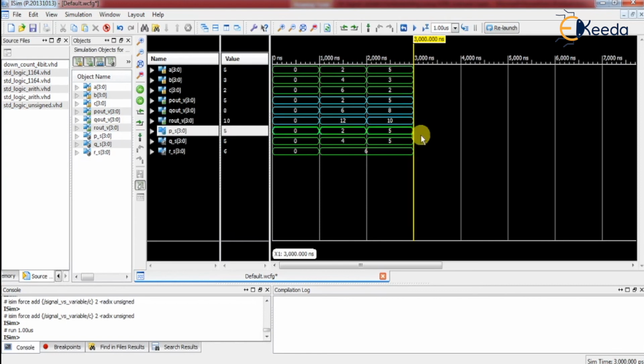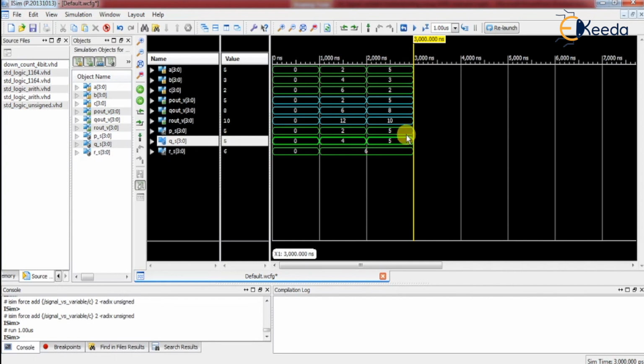Now come back here. Now p signal is equal to a. Yes, it takes the present value of a. Then q signal is equal to p signal plus b. So you may think that here p signal's value is 5 and b is 3, so it should become 8.